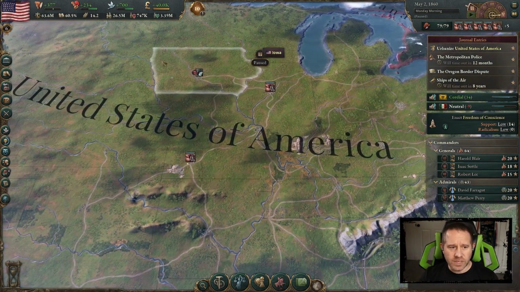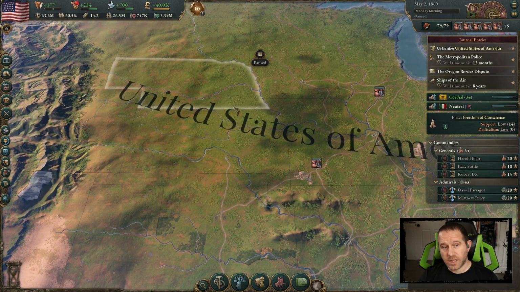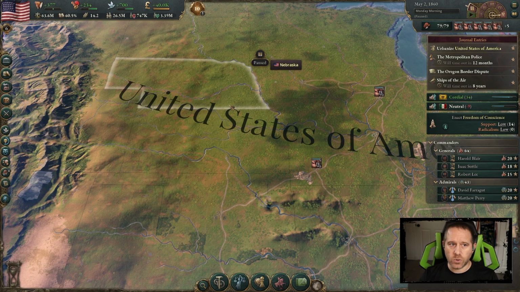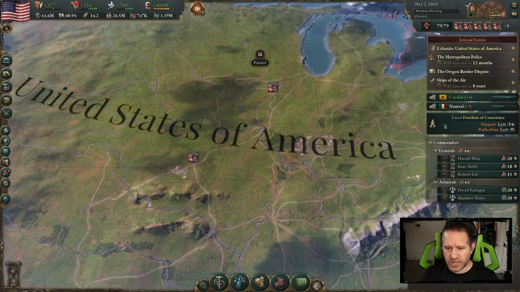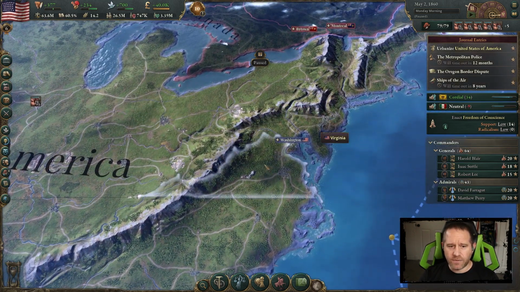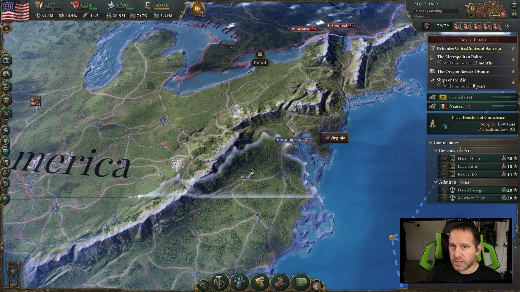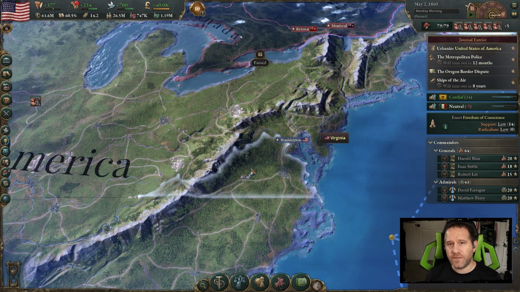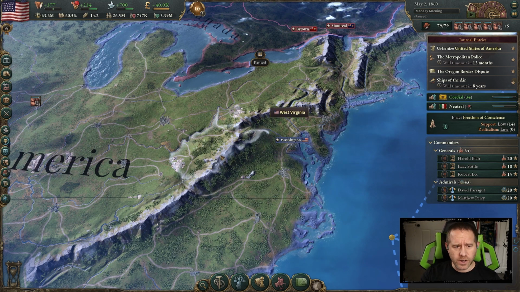So you have all of these territories that existed at the time, like say Nebraska, Kansas. The Kansas-Nebraska Act, this was all one territory, not two separate states. So it was split up eventually. And likewise, they already have West Virginia split from Virginia. At the beginning of the game, West Virginia is not a separate state. It's just Virginia. And the reason why we don't have East Virginia and West Virginia, or one could argue North Virginia and South Virginia,